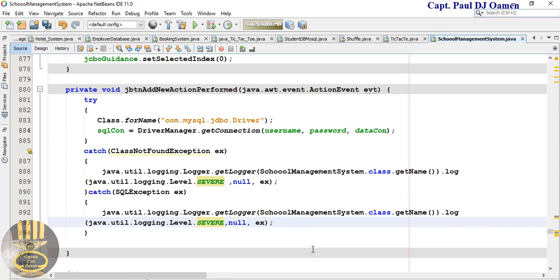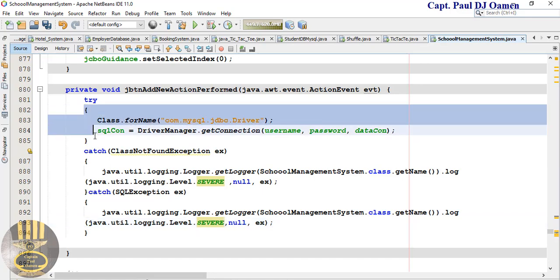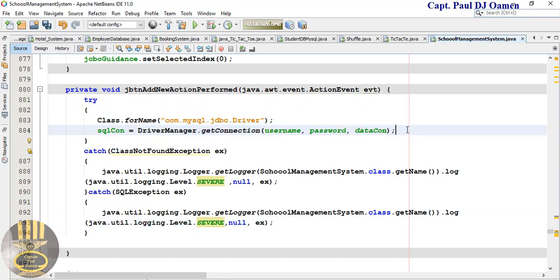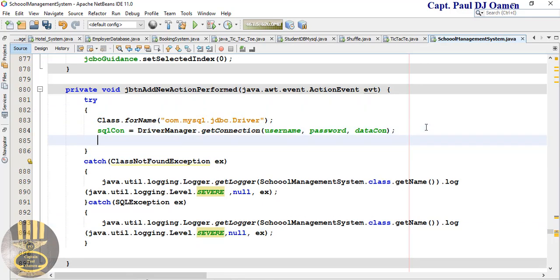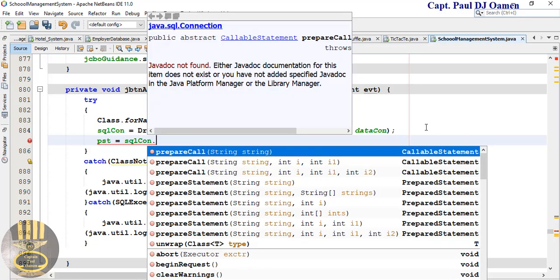Okay, now let's go back in here. We now have to add all of my components here. So right inside the try catch here. But first, prepare a statement that is going to be equals SQL con, and SQL con dot, no, that should be a dot prepare statement,